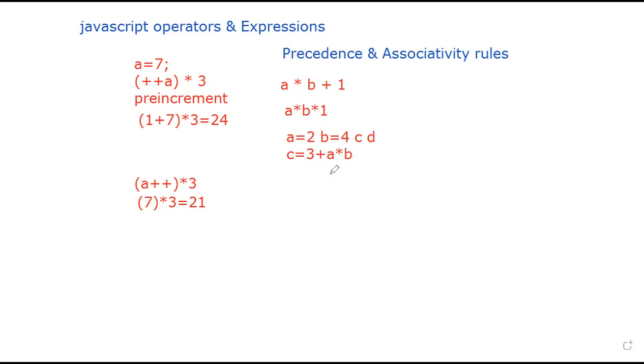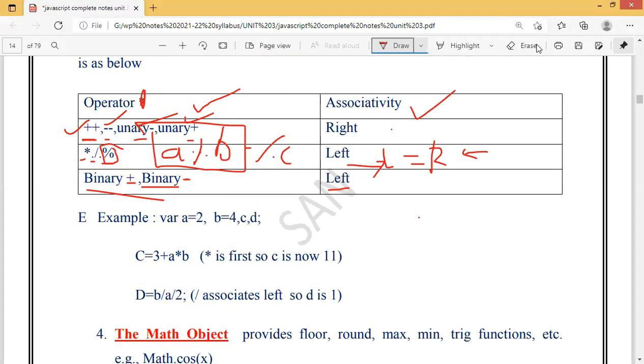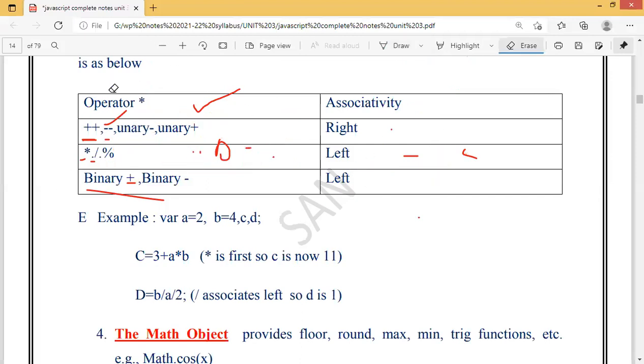Am I right? Okay. So if you go back to which table, students? If you go back to the associativity table, which I have drawn so many things on. Let me clear that. So this is our associativity and precedence table. So here if you see, there are two different operators, means I have to go for what, students? I have to go for the precedence table. Okay, and there is an operator called what, students? Plus is also there, and I have also got what? Multiplication. Are you getting that? So when I have got plus and multiplication, what I have to do? See here.